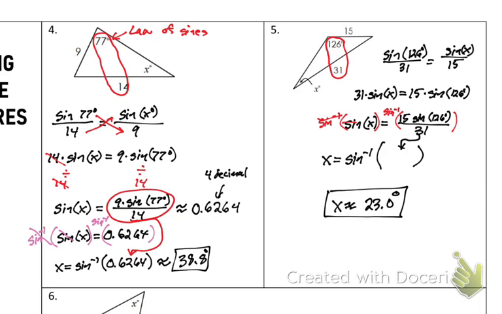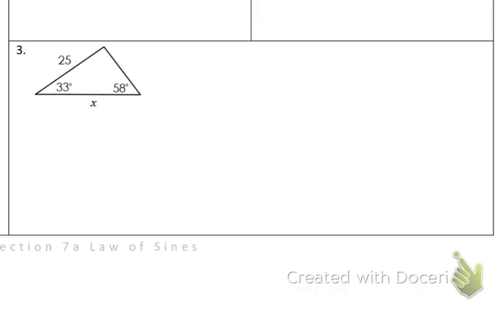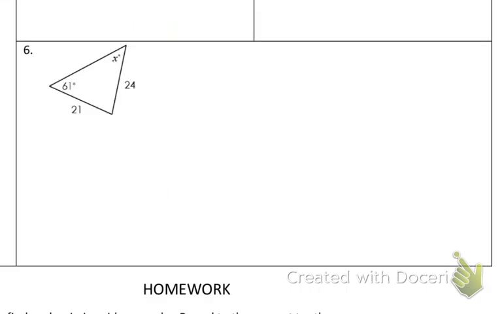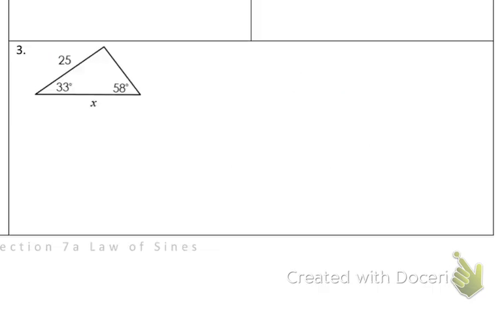All right. If you've been playing along, you know I skipped 2 problems. I skipped number 3, and I have not done number 6. You are doing number 3 and number 6. You could do it as partners. You could do it in your group. You could do it individually. But I do need to check it off that you can do it. So right now I need both of those done as soon as you